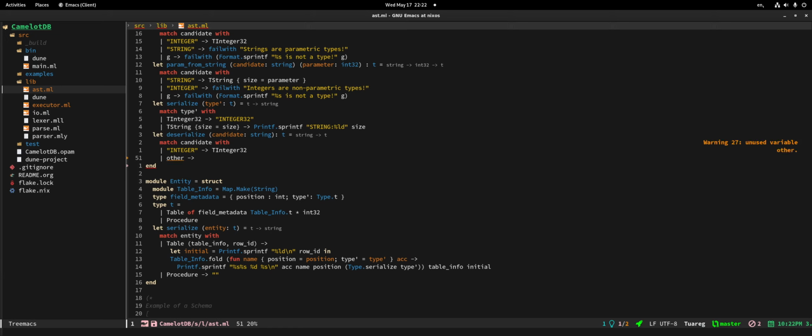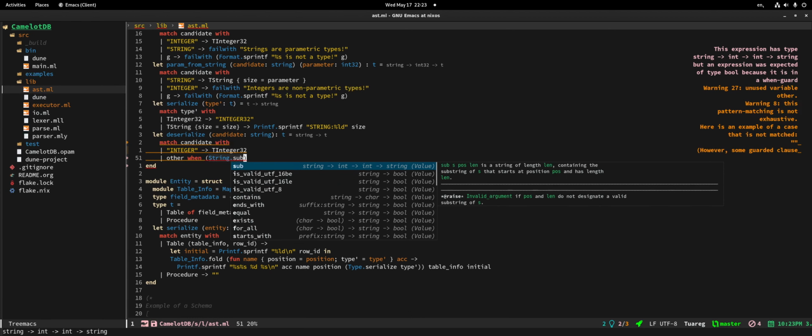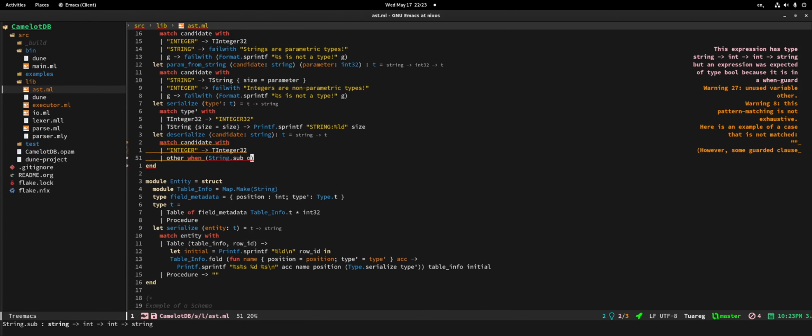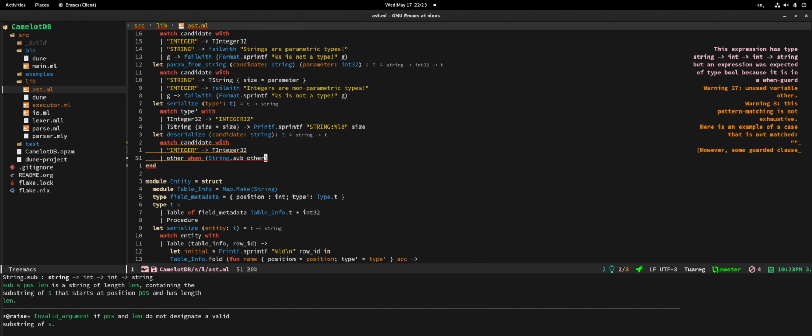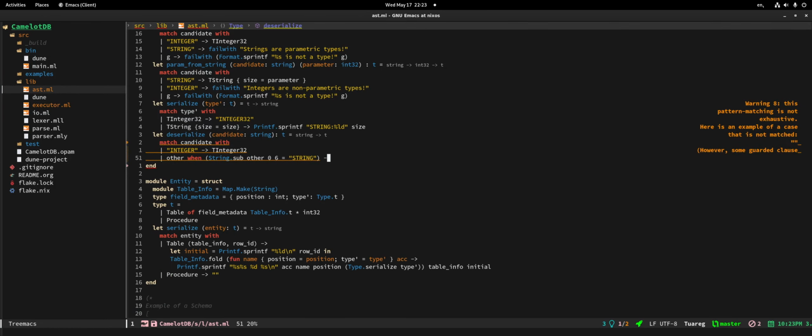String sub, then you put the order, and then 0, and then how many characters? Zero, one, two, three, four, five, six. And then you compare this to string, and if this is the case, then you just pick